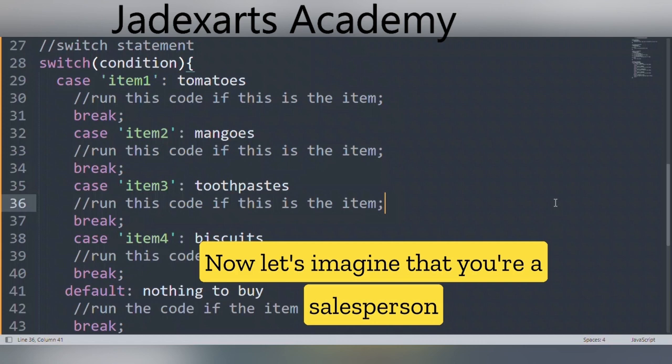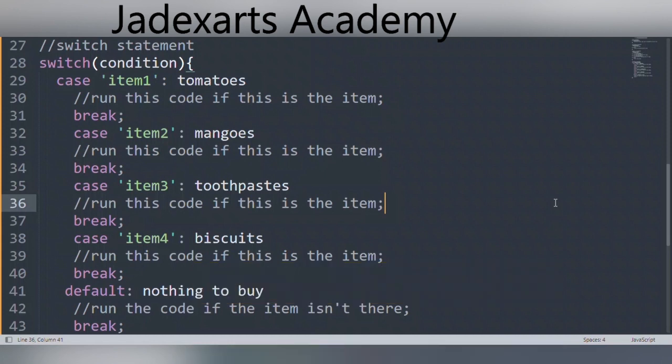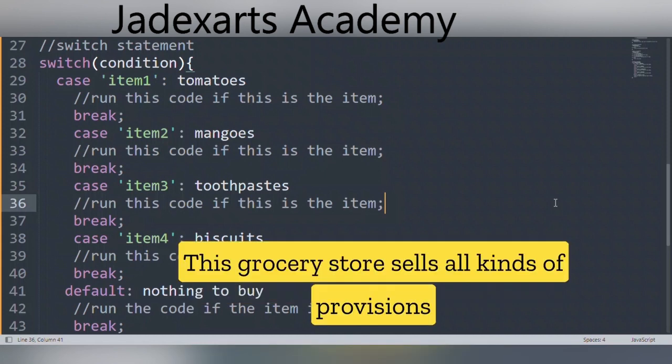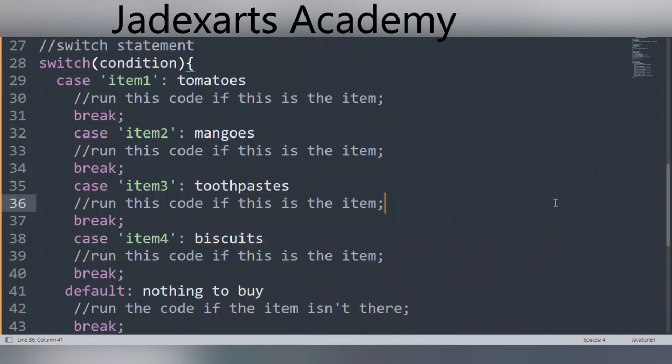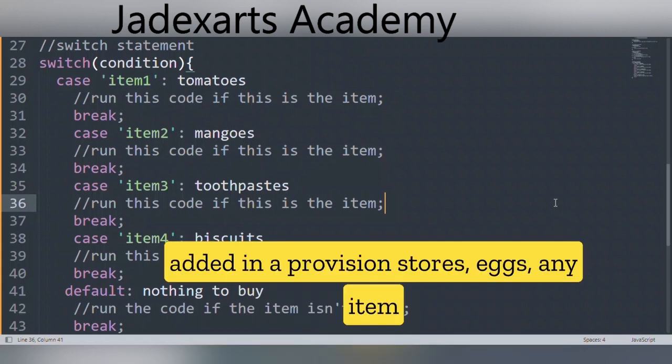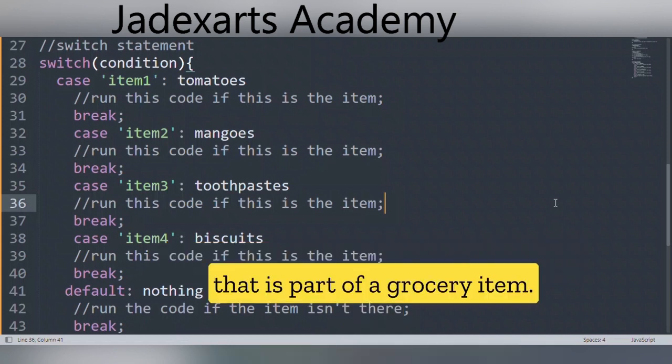Now, let's imagine that you're a salesperson and you work in a grocery store. This grocery store sells all kinds of provisions like tomatoes, mangoes, toothpaste, biscuits, eggs, anything that is part of a grocery item.